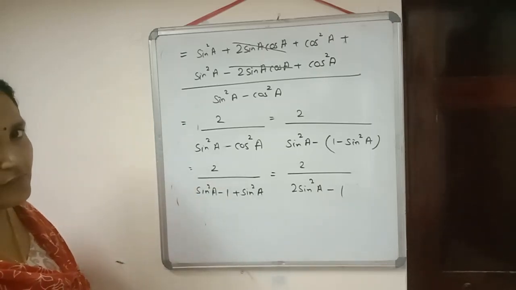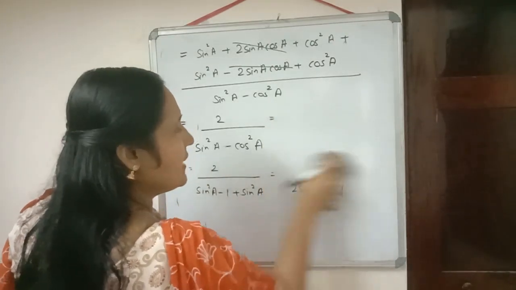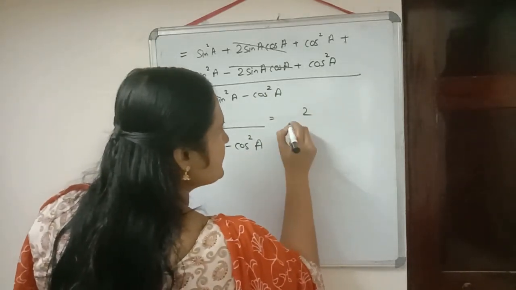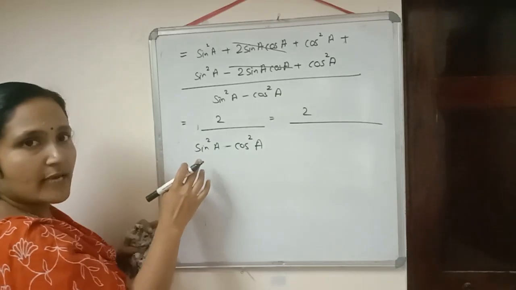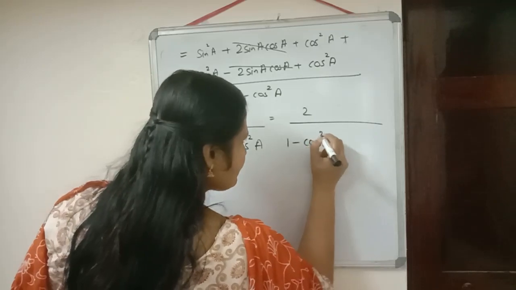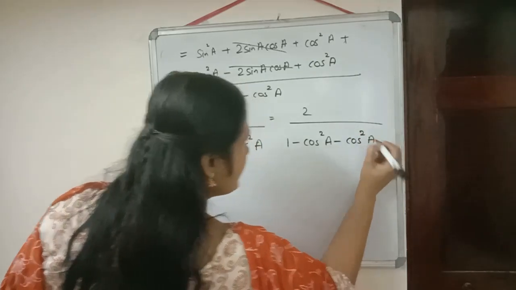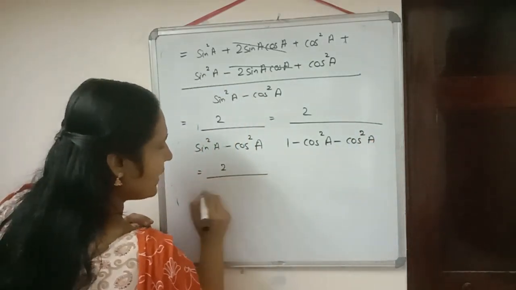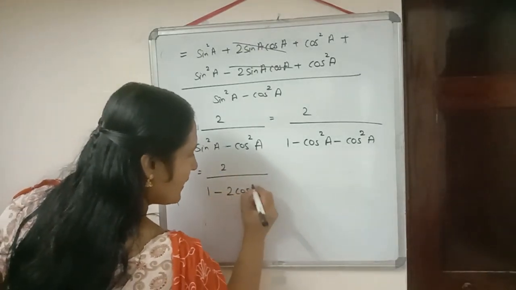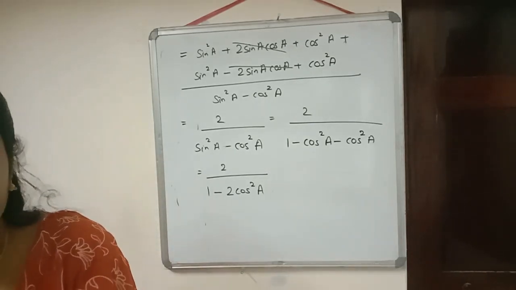Now in the third part which we have to prove, as you can check, we don't want any term of sin square A. We want the term of cos square A. So again here, how can we change it? We don't want sin square A. So sin square A can be written as, yes, correct, 1 minus cos square A. This minus cos square A is as it is there. Then it will be equal to 2 by 1 minus cos square A minus cos square A, which is equal to 1 minus 2 cos square A. So in this way, using the identity, we can solve it easily.